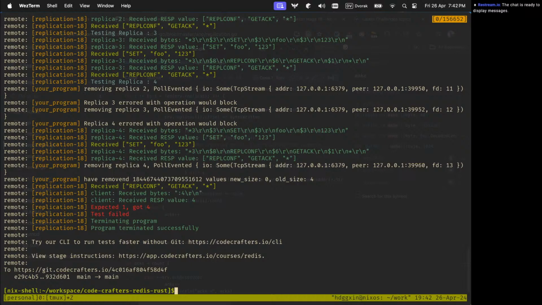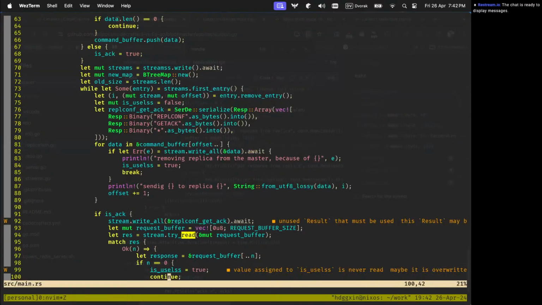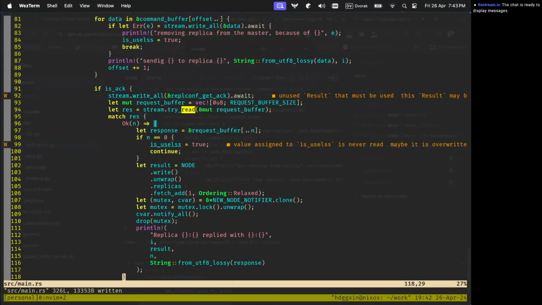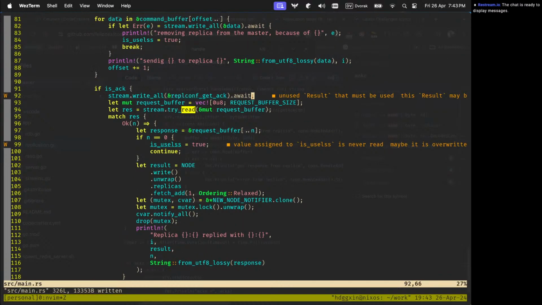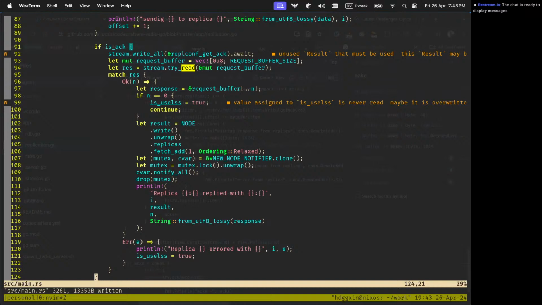So this issue is happening because of, wait, I'm still returning 4. Why am I returning 4? Who is increasing the replica count? Where is it increasing? It's increasing here. If we got an okay response, we will increase the value here.